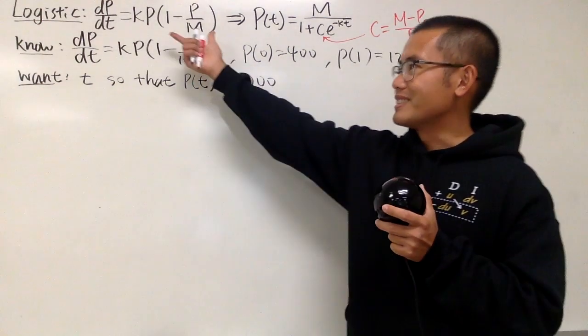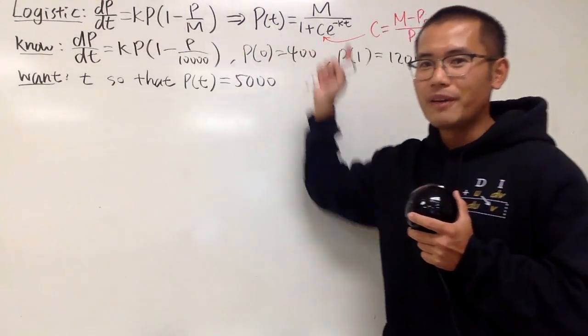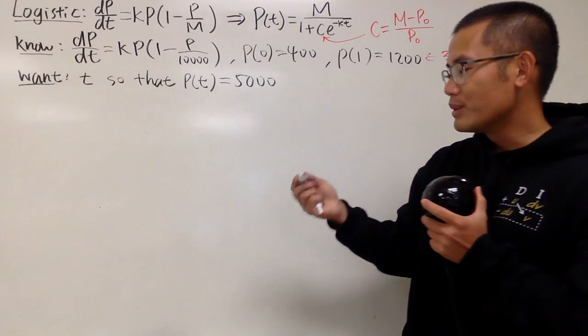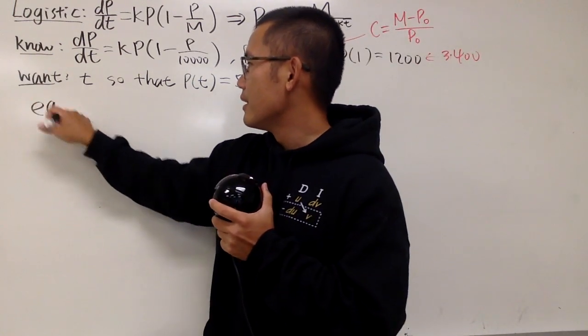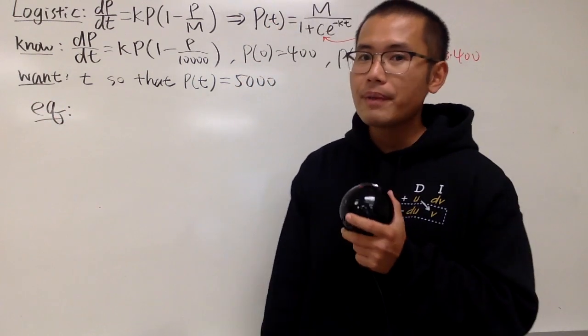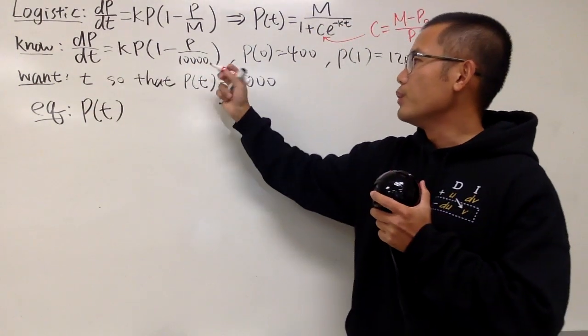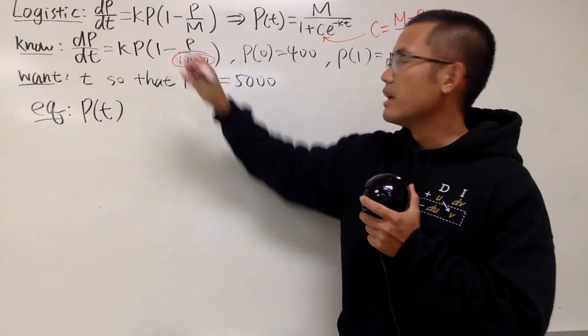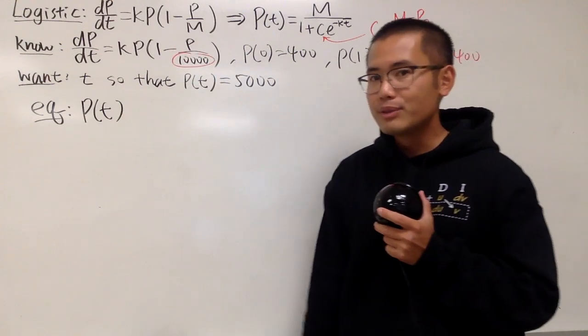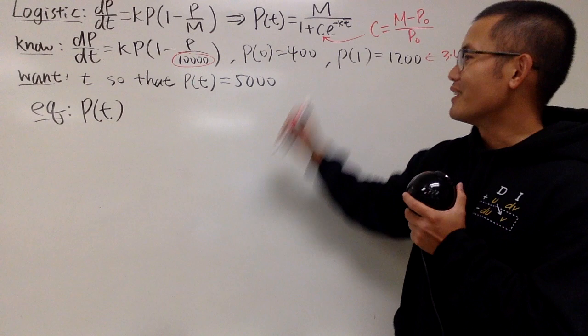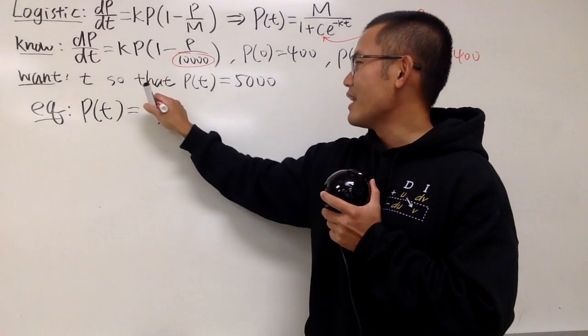We are not going to do this from scratch because again we have this formula. So all we have to know is that here's the equation. Now we can actually use the function, right? We know P of t. Again, from this differential equation, we can see that the M is 10,000. All we have to do is put the M right here. So we have the 10,000 here